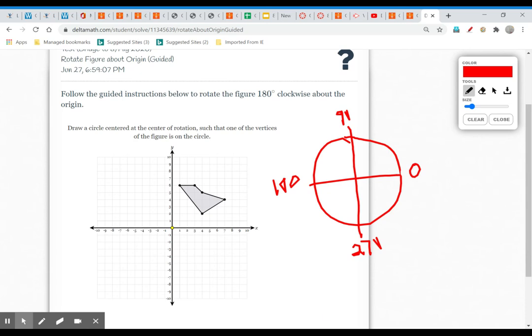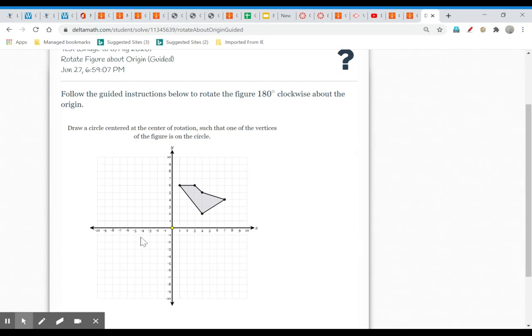So last thing, I'll show this last one, the confusing part again, is when you first draw the circle, when you click on the center, the origin, and pull it out to draw the circle, you can have the circle intersect any one of the vertices. So if I have this yellow dot, and it matched right up, okay? So the easy part is to draw the line that goes from the origin, which is our center of rotation, to one of the vertices. But the perpendicular line, we're using a little bit of math. So like on this one,